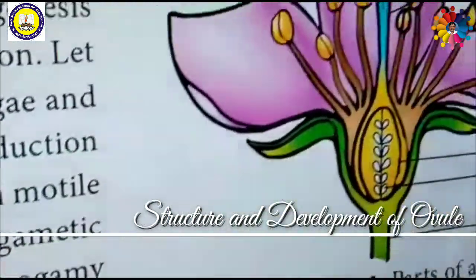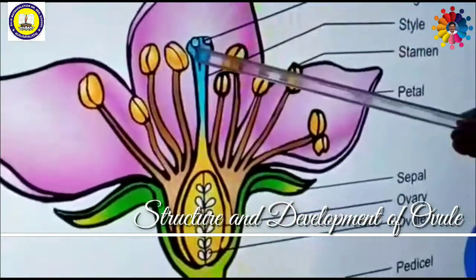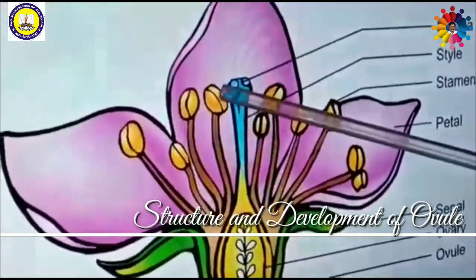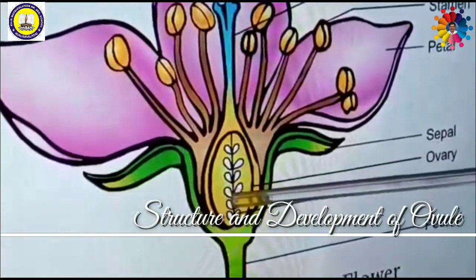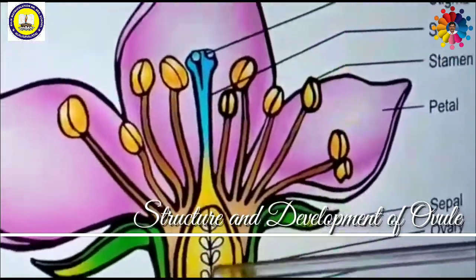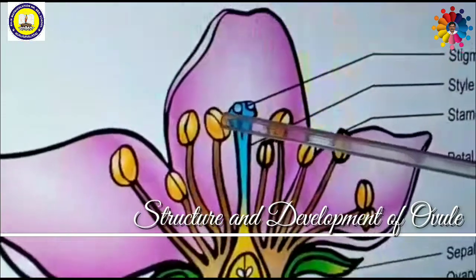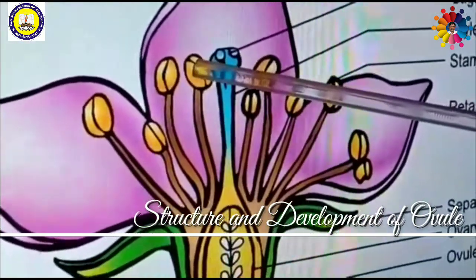Suppose this is a flower. Pollen grains, already discussed in great detail, are formed from the anther. Similarly, the ovule gets ready. Here, the female gamete is present. Here, this is the anther. This anther is releasing pollen grains.